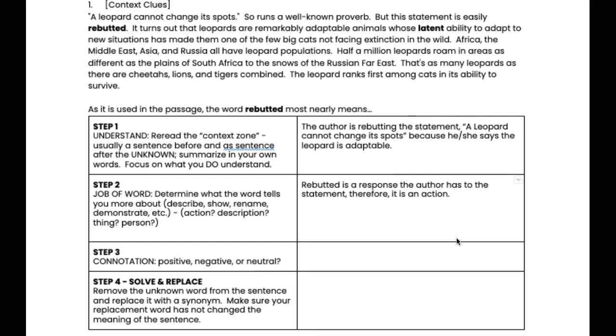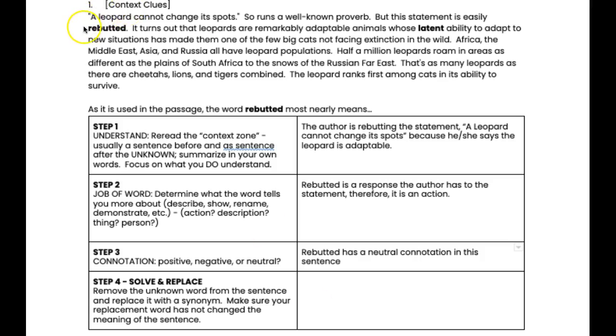Now, do we think that this is going to have a positive, negative, or neutral connotation? Just a reminder, when something has a neutral connotation, it's neither feeling. It's not like it has a little bit of a positive feeling, a little bit of a negative feeling. It doesn't have a feeling whatsoever. So go ahead and try to determine whether you think rebutted has a positive, negative, or neutral connotation. What I put here is that rebutted has a neutral connotation in this sentence. That's because it doesn't seem to have a very positive or negative feel to the word.